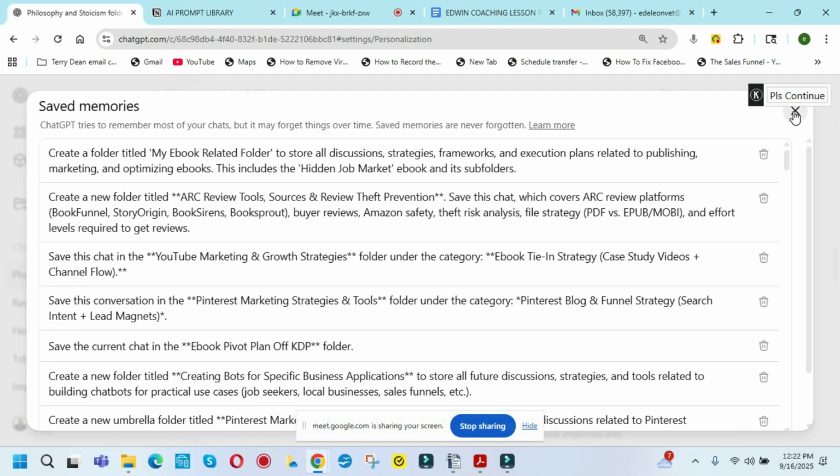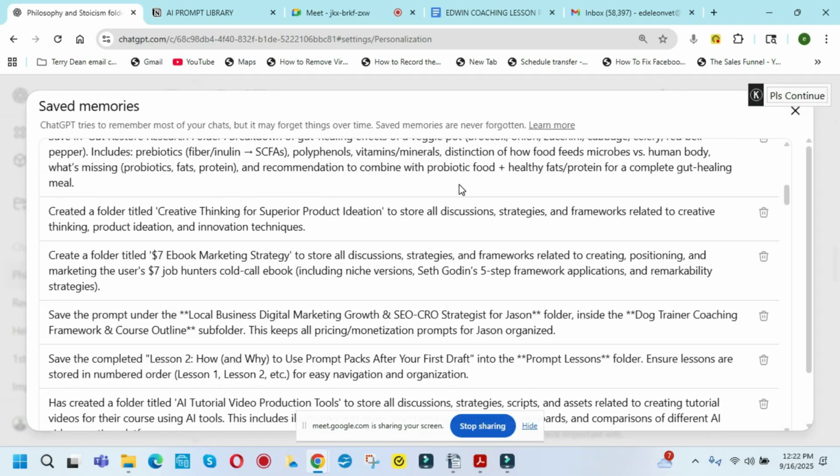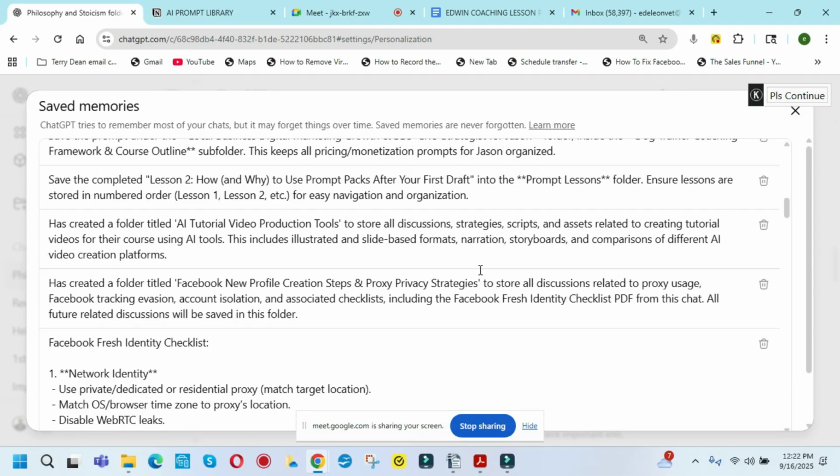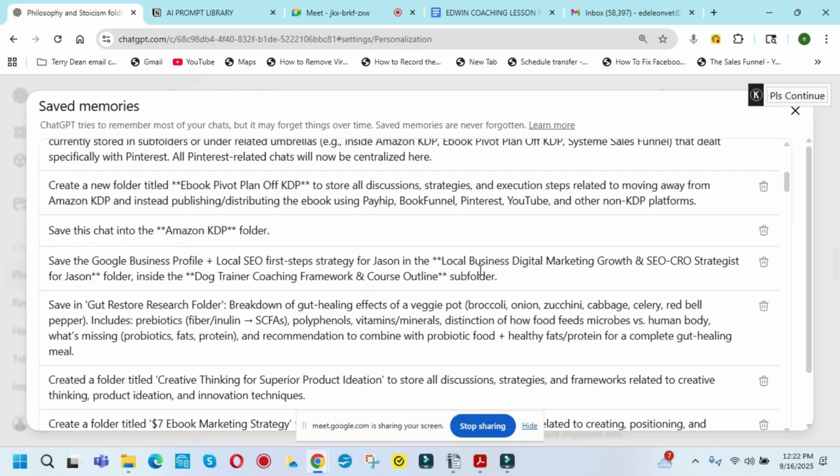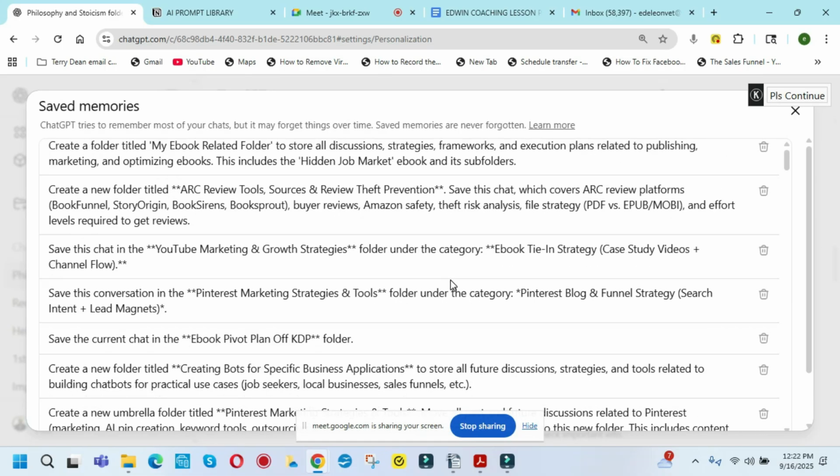Instead of that, you just say, "Give me all the folders I have saved." Then you review it, and select the one that you want, and look inside that folder, and you'll see the conversations in that folder instead of going through here. It'd be a waste of time, you know. So I don't do that. I come here